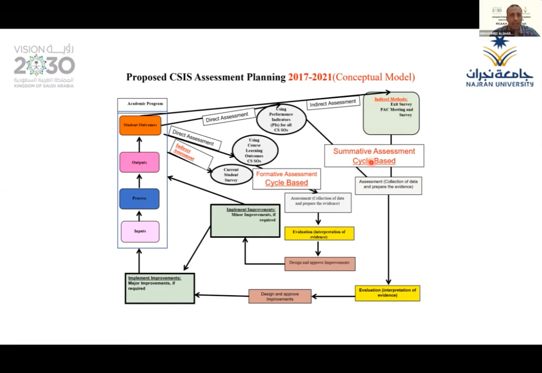This is a fantastic, really, point. And this is what happened exactly. We added the concepts of formative assessment in the second cycle. Jazakallah khair, Doctor. And we should be ready. And tomorrow, inshallah, maybe we can discuss more about the assessment cycle. But it's an expected question: why until now you didn't assess the new learning outcomes for the new plan, which is the case because the implementation was really delayed.